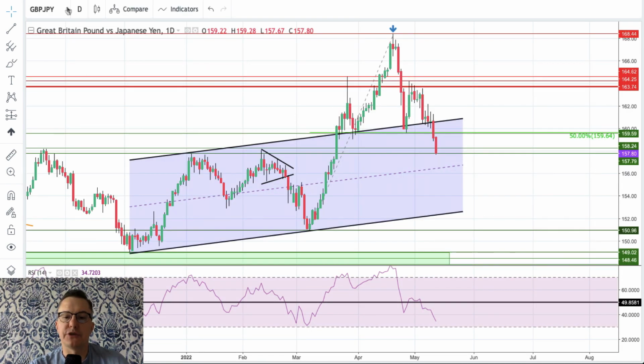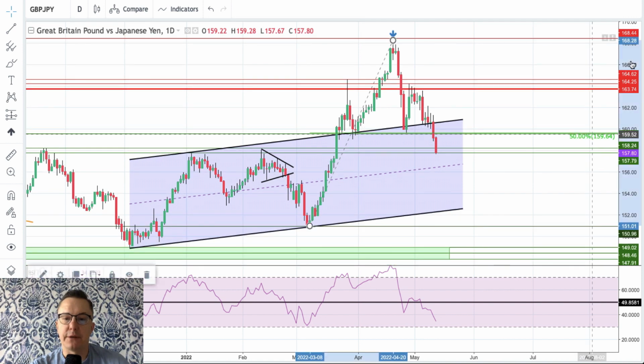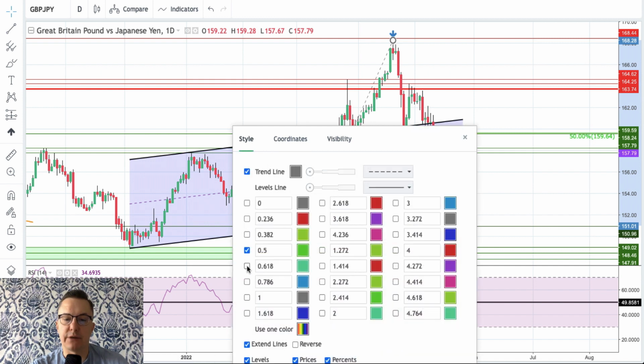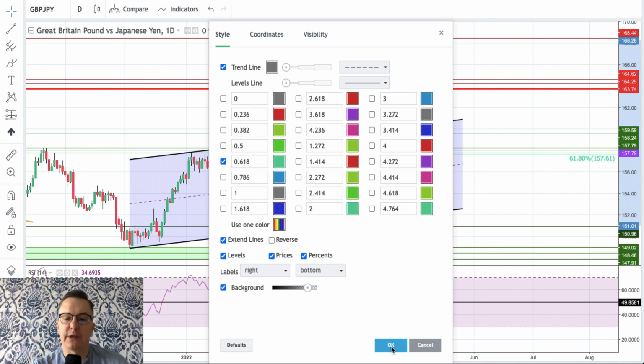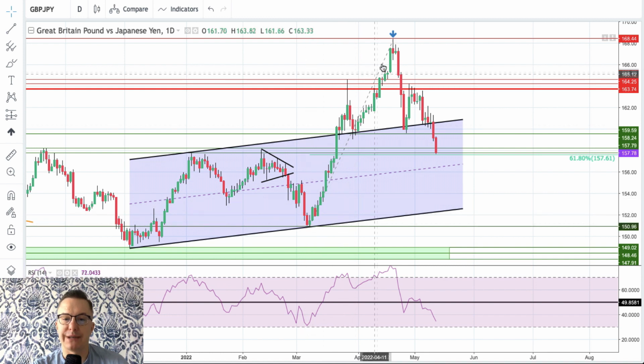British pound to Japanese yen is trading right now very sharply to the downside. Let me just put one more level here, 61%. The 50 has been broken, right? The 50 has been broken, and 61% is being tested right now. This is the 61% of the Fibonacci retracement of the last wave up. Down from the level of 150.96 up to the level